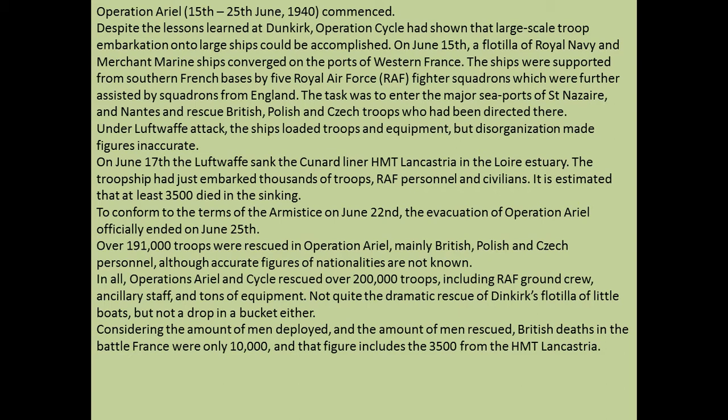To conform to the terms of the Armistice on June 22nd, the evacuation of Operation Ariel officially ended on the 25th of June. Over 191,000 troops were rescued in Operation Ariel, mainly British, Polish, and Czech personnel, although accurate figures of nationalities are still not known. In all, Operation Ariel and Cycle rescued over 200,000 troops, including RAF ground crew,